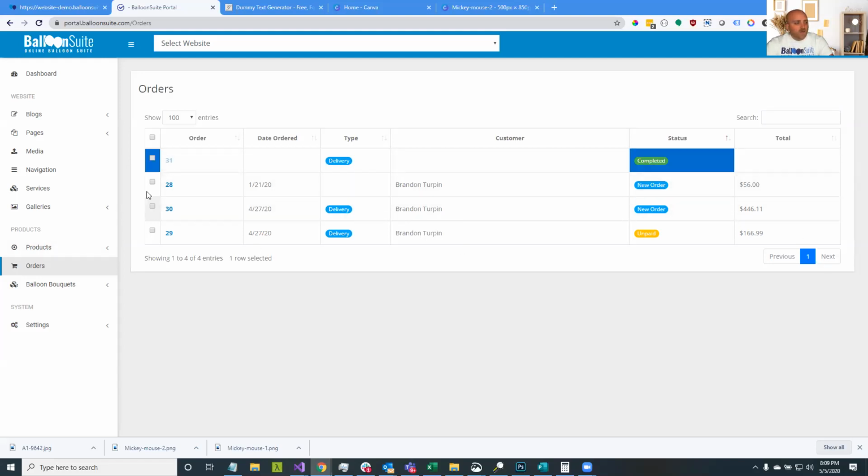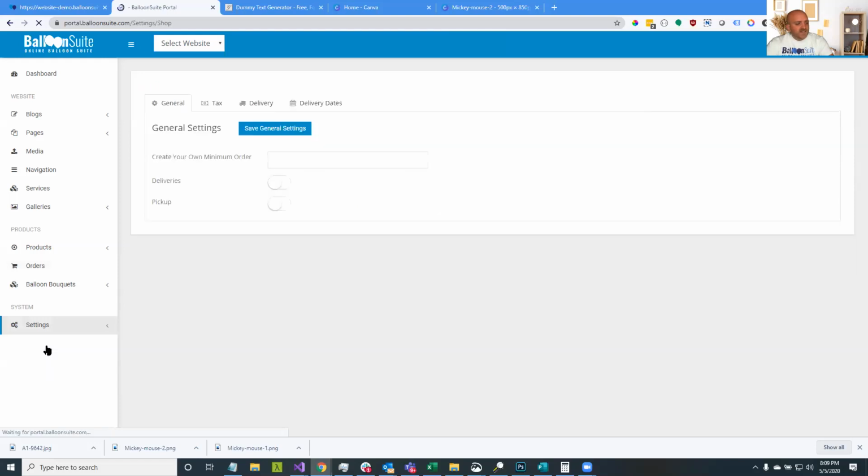So that's how you can go in, see your orders, manage them, track which ones still need to be done, which ones are completed, and basically do a full inventory of what orders you have coming in. When a customer places an order, you'll also get an email. So one thing to make sure everybody realizes is here under the website